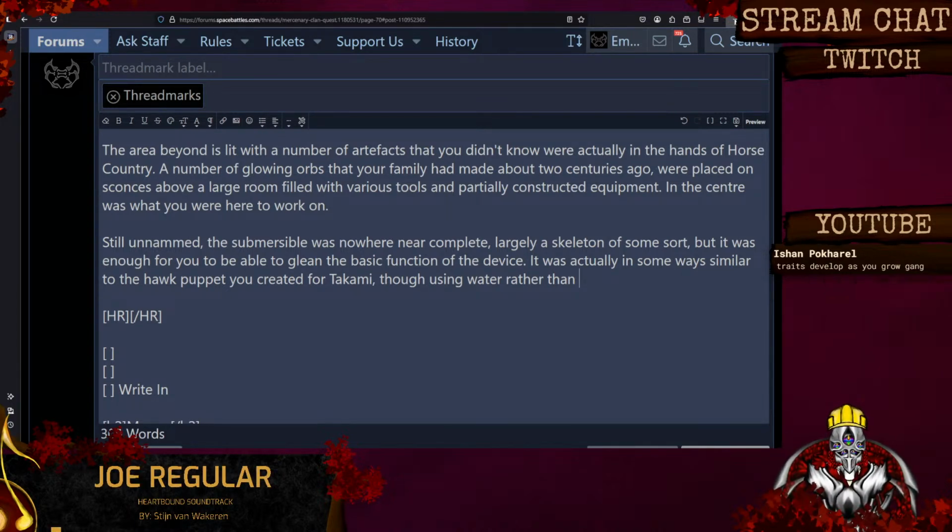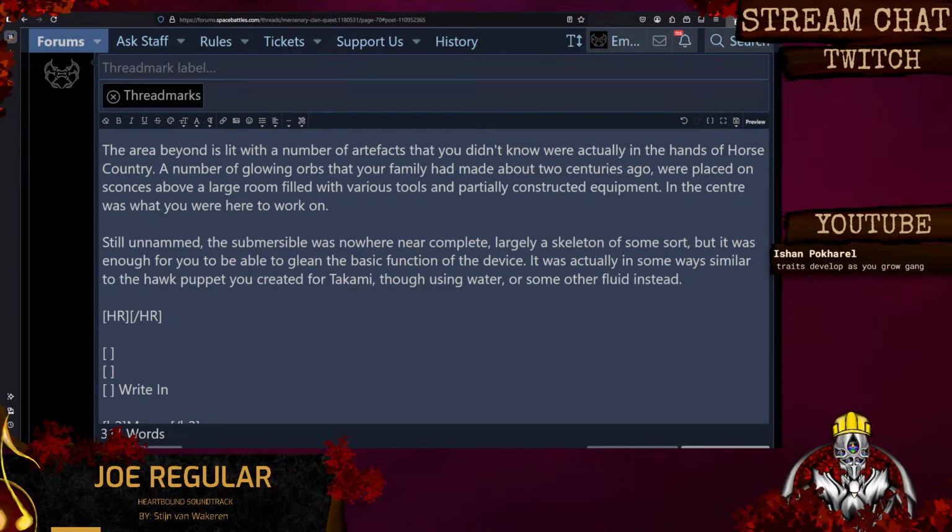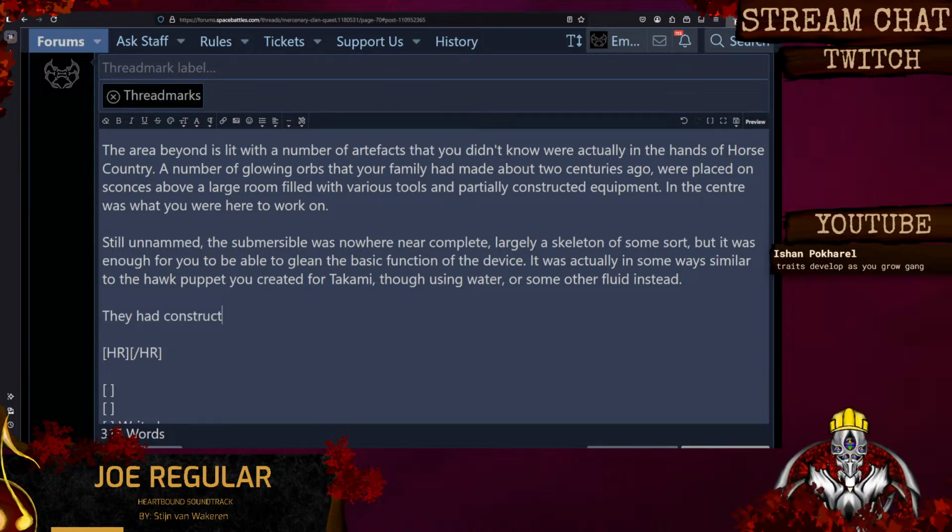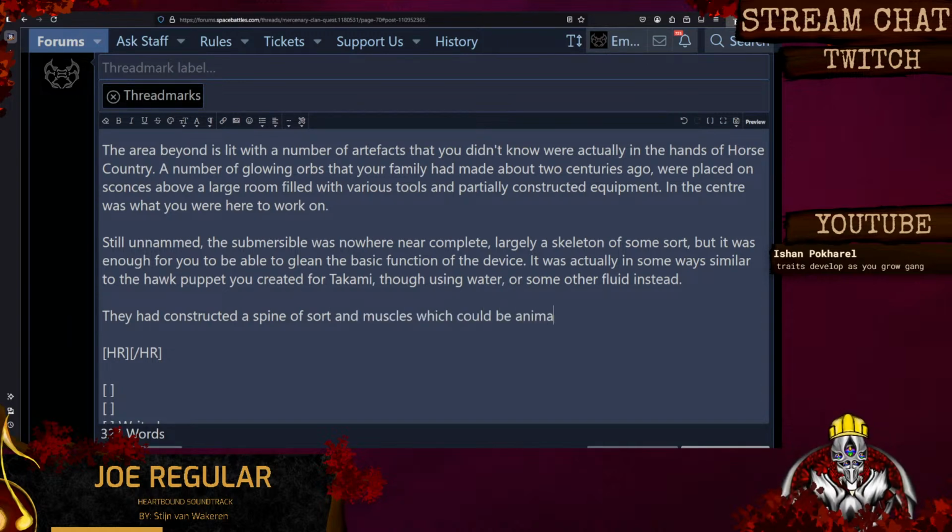It was actually in some ways similar to the hawk puppet, though using water or some other fluid instead. This thing. They had constructed some sort of spine and muscles which could be animated through the